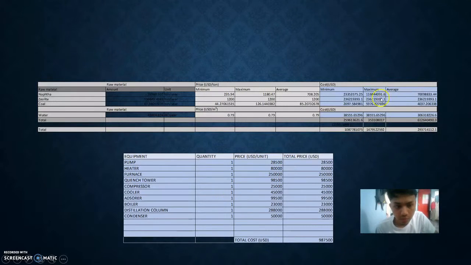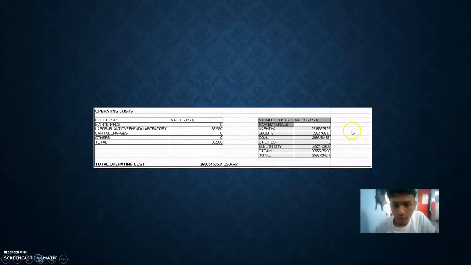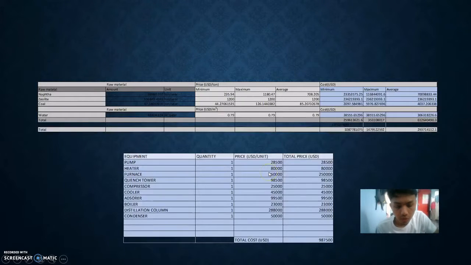For the operating cost, we use a little bit from this price, and the actual raw materials are from this one. Sorry, the actual material is from this one, and the operating cost is from the tax. So if you add them, this is the actual value that we use per year for the production of ethylene,